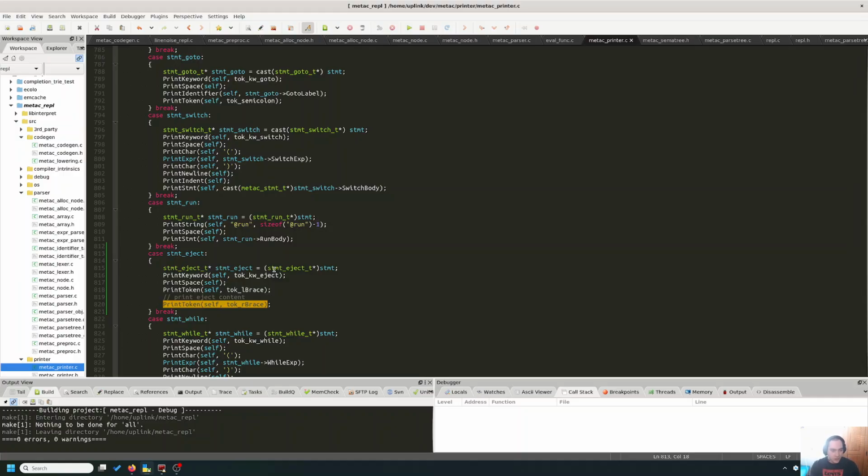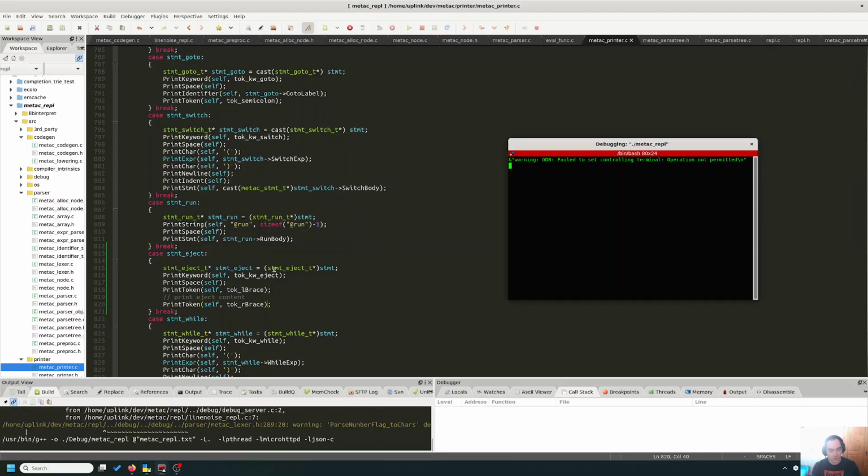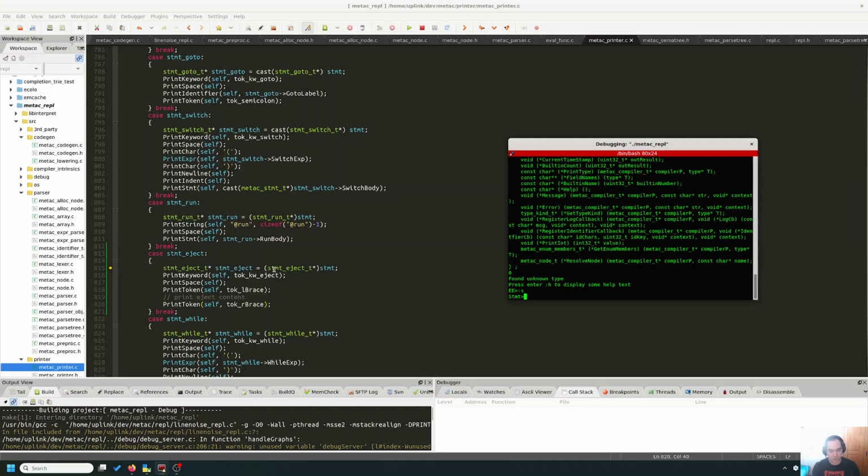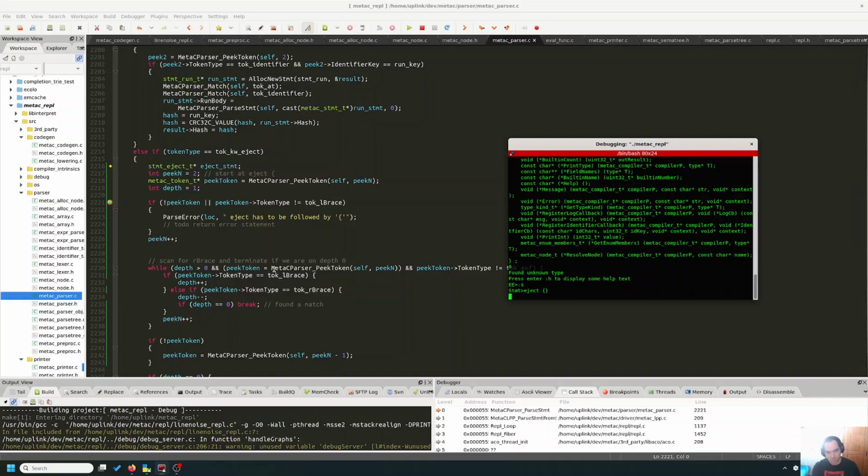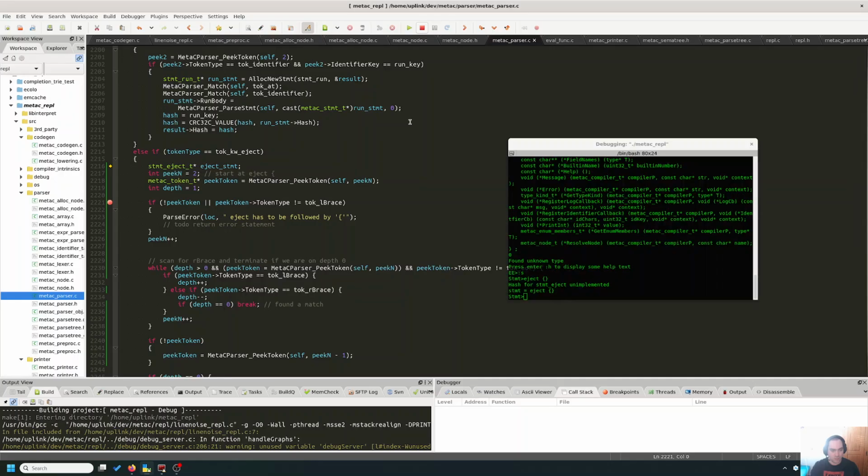I'm not gonna change the rest of the printer just in case this doesn't work correctly, but yeah, this looks better. Eject. We can do this now. This should result in a valid eject statement, and the statement prints out that,